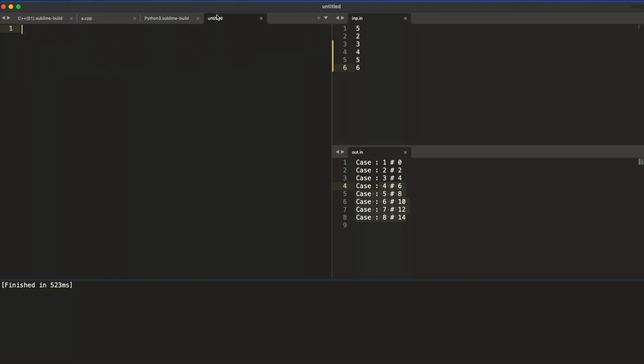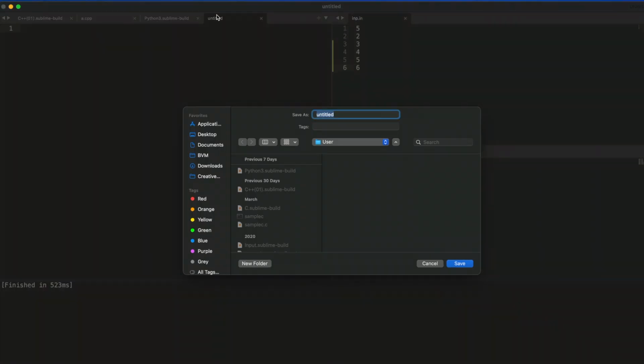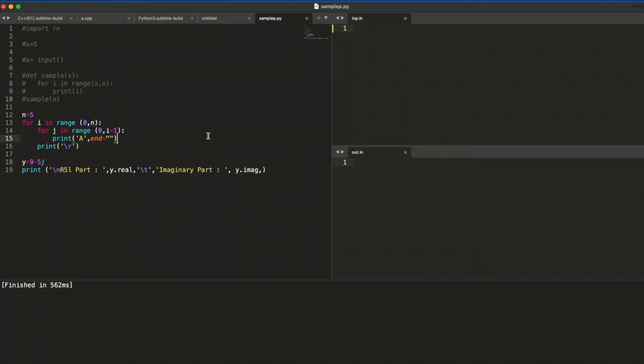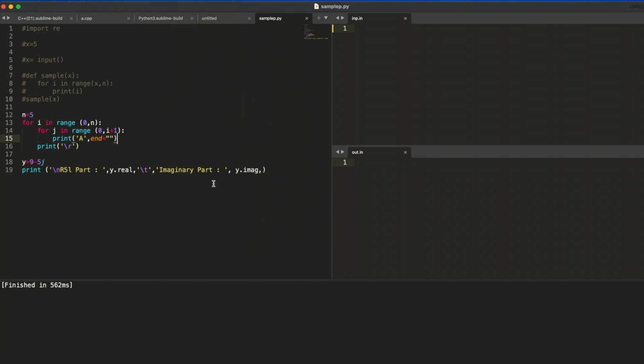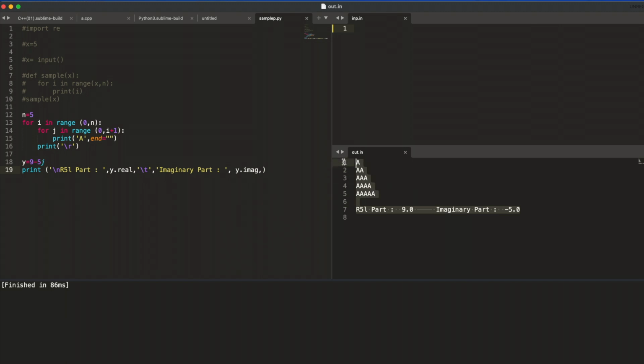Create a new file with sample.py. Here I have some random code written, and I'll go to Tools and choose the build system as the one I just created, Python 3. I'll run the code. So this shows me the output of the code I've written.